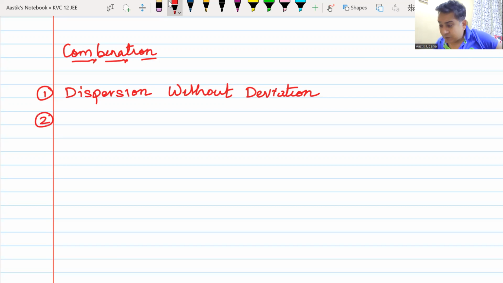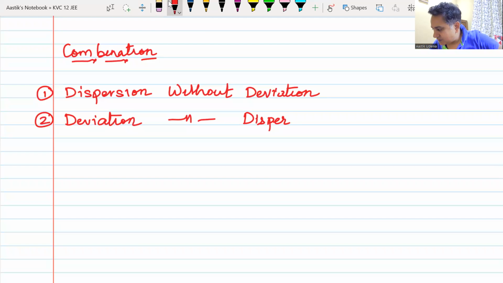Dispersion. It will do dispersion, it will not do deviation. Then what is the second combination going to do? Second combination, deviation without dispersion. So these are the two combinations of prisms